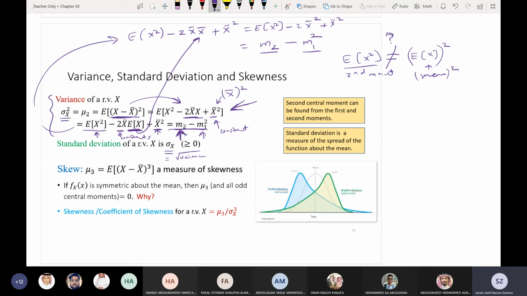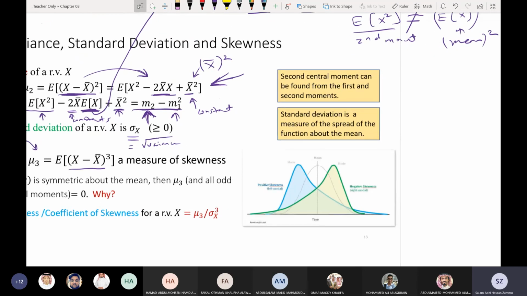Now, there's another central moment that is important. Not as important as the variance, but it's important also, which is mu3. Mu3 is the expected value of (x minus x bar) all to the power 3. This is called the skew. It's a measurement of the skewness. What does skewness mean? It gives you information about whether